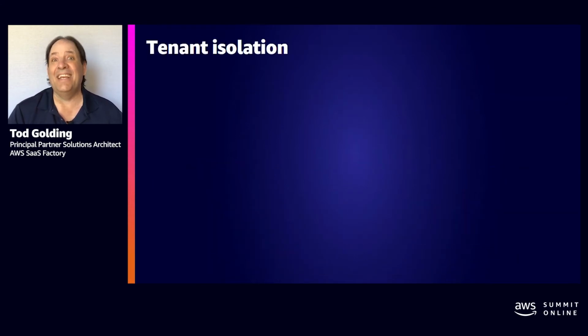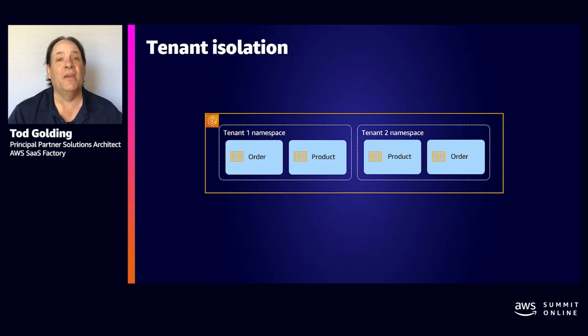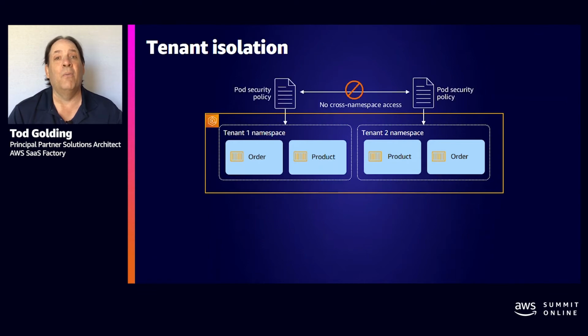Now, if we look at isolation inside of this, how do we sort of ensure that tenants are isolated? Yes, we've done a namespace per tenant, but what do we do within those namespaces to be sure that we don't have any tenant crossing a boundary we don't expect? So if we say, oh, we have these 2 separate namespaces now when we provision these environments, one thing we can do to sort of prevent cross-tenant access is to introduce these pod security policies. And these pod security policies really make sure that there is no cross-tenant, cross-namespace sort of interaction here. And that gives us one level of tenant isolation.